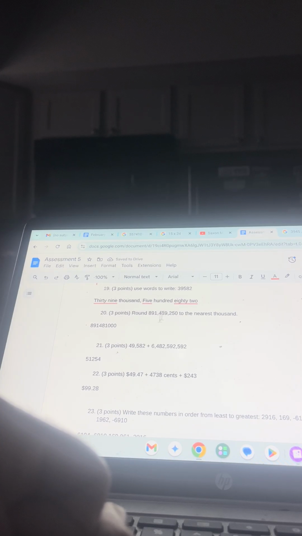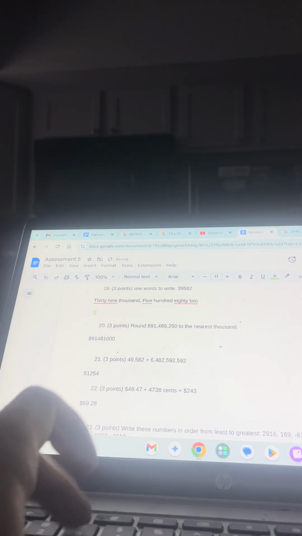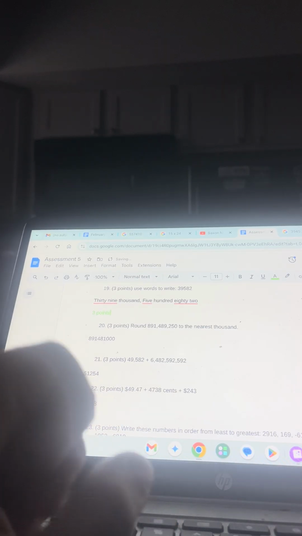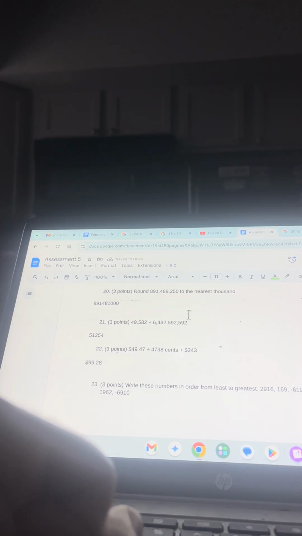Use words to write 39,582. Okay, that one's good. $891. Round this to the nearest thousand. 891,481,000. Okay, where'd you get 1 from? You're supposed to round this to the nearest thousand. So look,